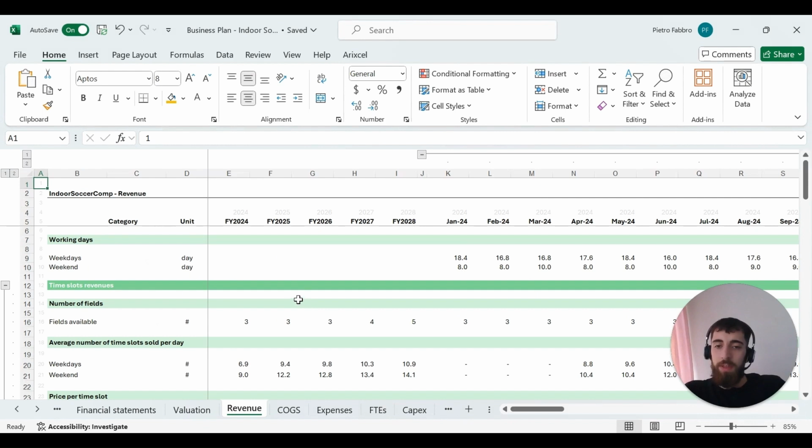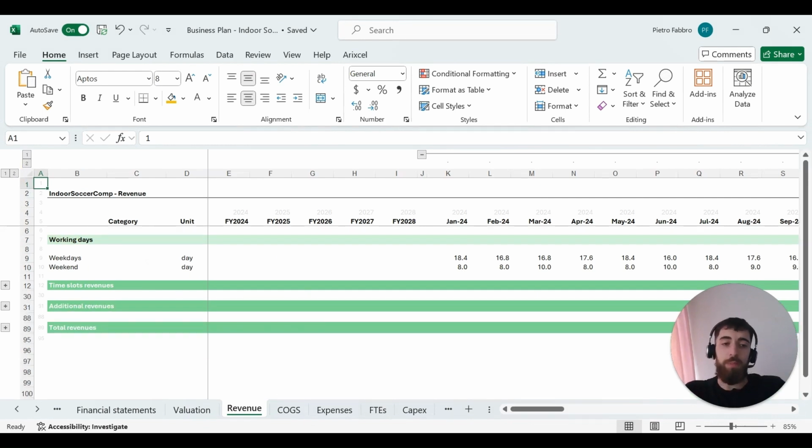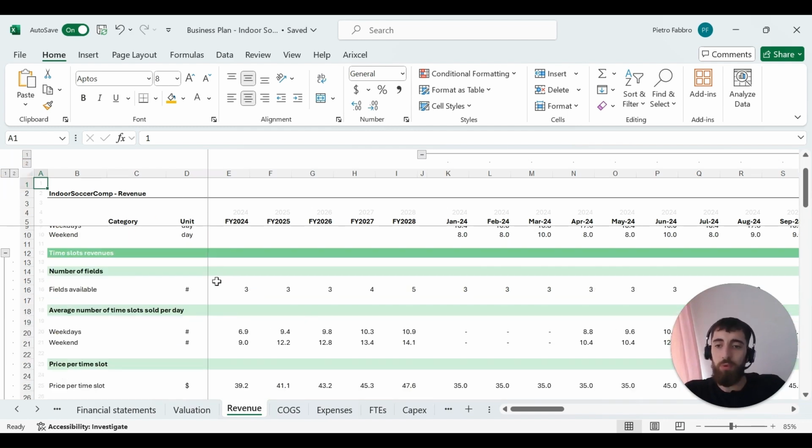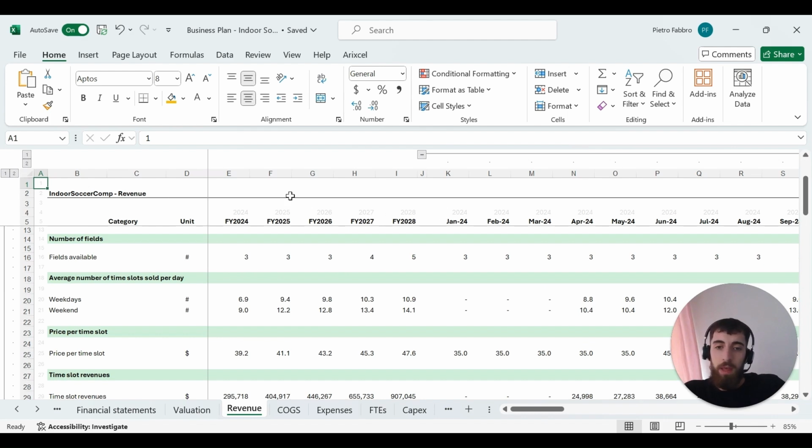Then the revenue tab and all the following tabs are calculation tabs. So in these tabs, you can find basically a breakdown of revenue, COGS, expenses, and so on. And by clicking on the two here, which will expand everything, you can see all the sub-metrics that constitute your revenues, that contribute to your revenues. So for example, the number of fields, yearly and month by month,